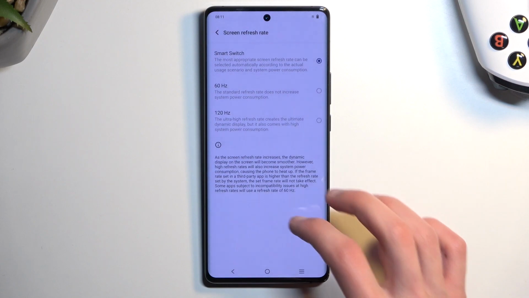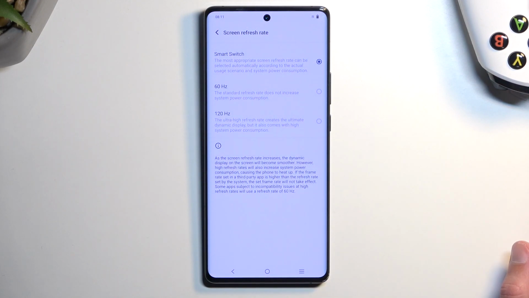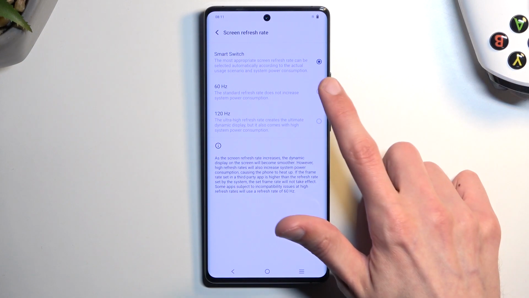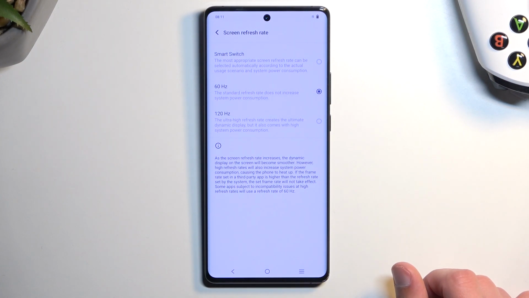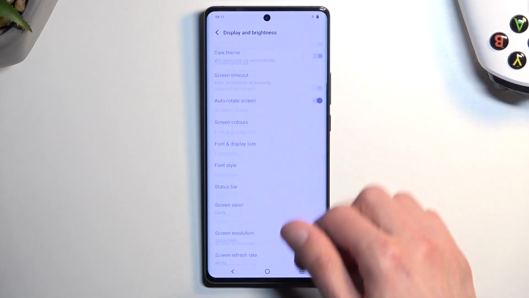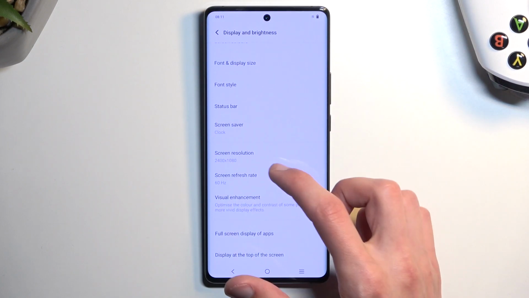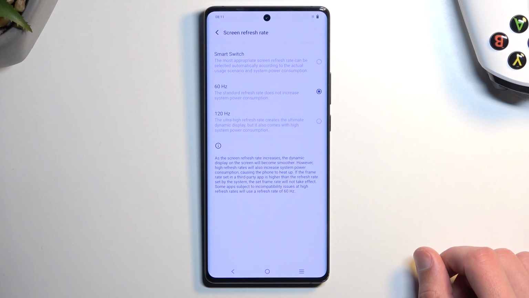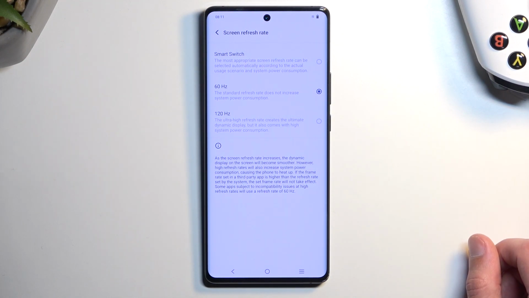Now, I'm showing this option specifically for people that just want to save battery life on their device. If you do, I recommend changing it to 60. Now this will make it so your device looks a little bit choppier when you're scrolling up and down, doesn't look as smooth. But the upside of this is that your battery, when you have screen on, will last a little bit longer